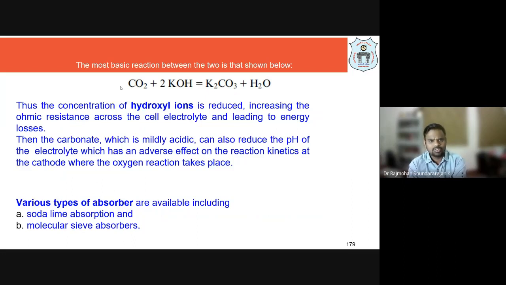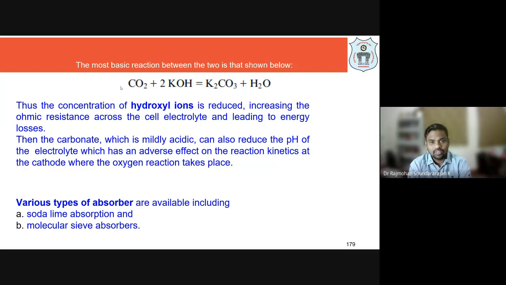The most basic reaction between the two can be shown here: CO2 plus 2 KOH will form K2CO3 plus water. So the concentration of the hydroxyl ion is reduced, increasing the ohmic resistance across the cell electrolyte, which leads to energy losses. Then the carbonate, which is mildly acidic, can also reduce the pH of